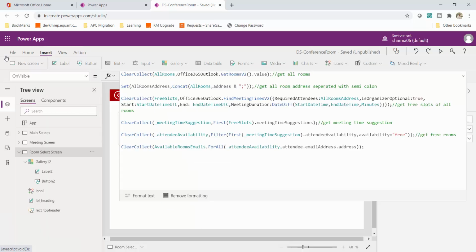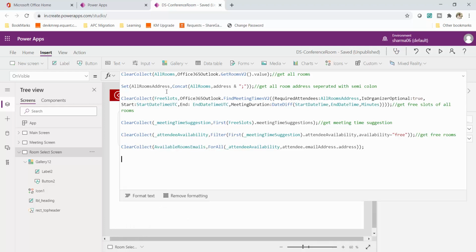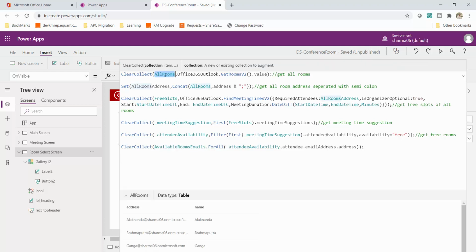So what we did, we simply iterate over each and every record and just got the address from inside of it. So guys, that's it. Now I got all the email addresses. Now what I want, because I will be using the email address as well as the room name. So now you could see I have the email address over here, and corresponding to that I have all the room names over here as well as the email address.